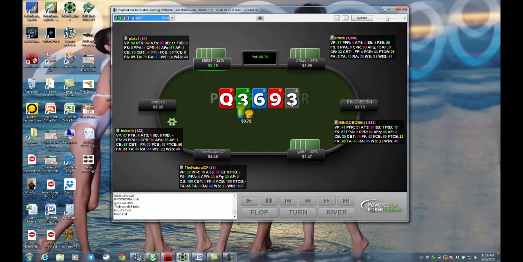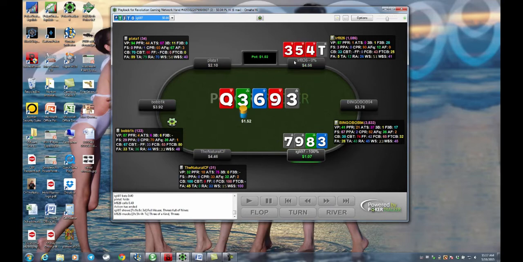And here's the infamous paired board on the river. The 3 comes. So PLO checks, LRF checks. This guy bets half pot. Get a call. And there's the collateral card. Both of them have the 3. Look at that. The difference being this guy has the 9. He has the full house.